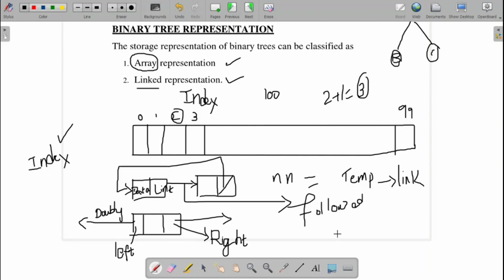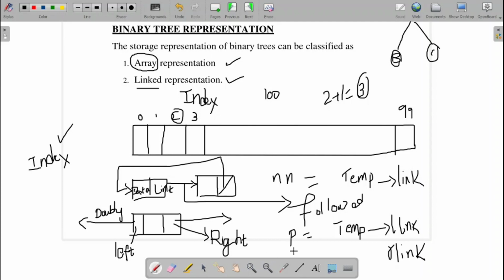If it is a doubly linked list and I want to access the previous element, then we will call it temp of left link. If I take the left link, then I will get the address of the previous node. That is the previous element I will get. If I follow the right link, then I will get my next element.